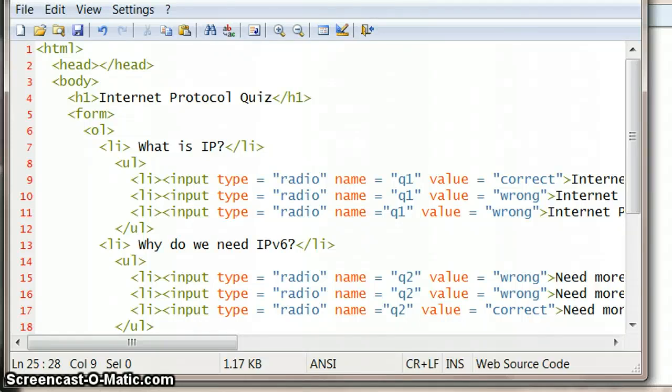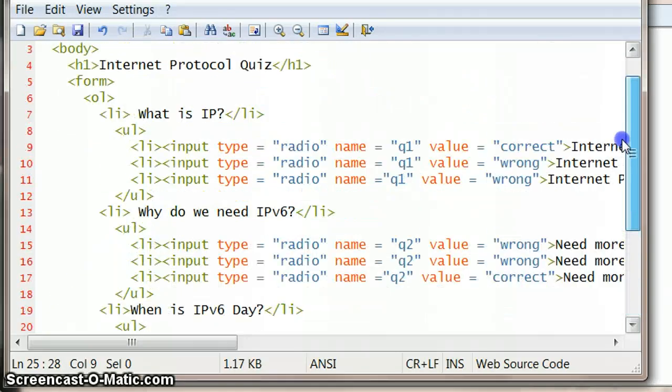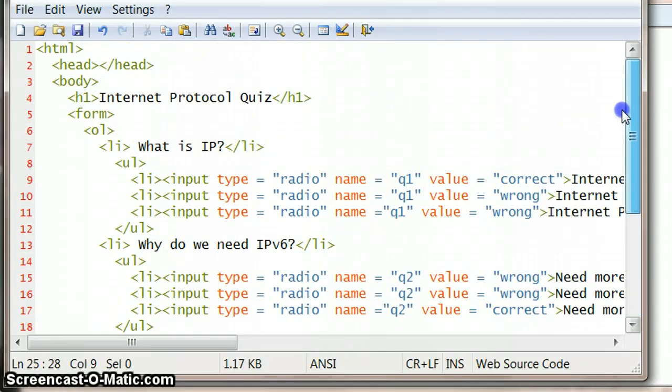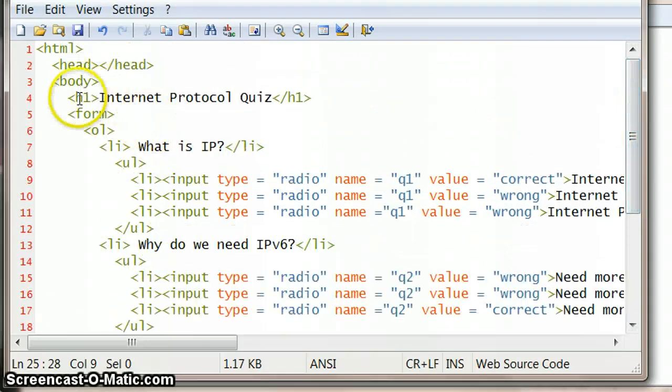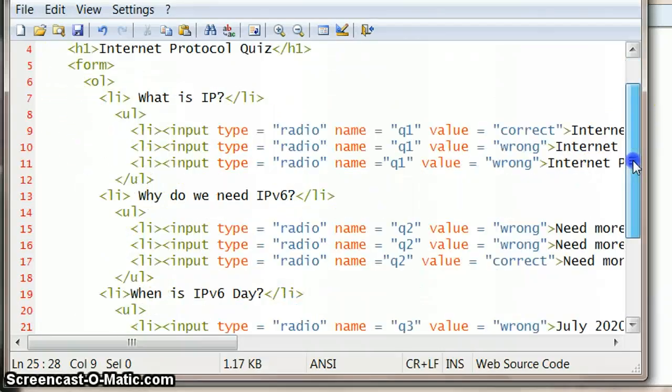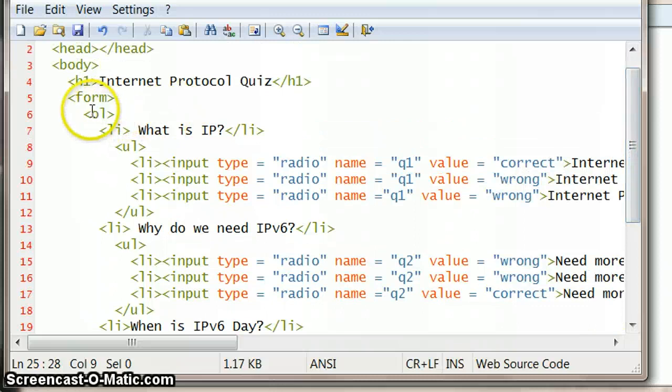So just a few things to note. I've just tabbed in the various elements so that you can see that right on the outside there are the HTML tags, then we've got the head tag, and then we've got the body tag, then we've got H1, the heading tag within body, and on the same level almost we've got the form tags, and then within that we've got